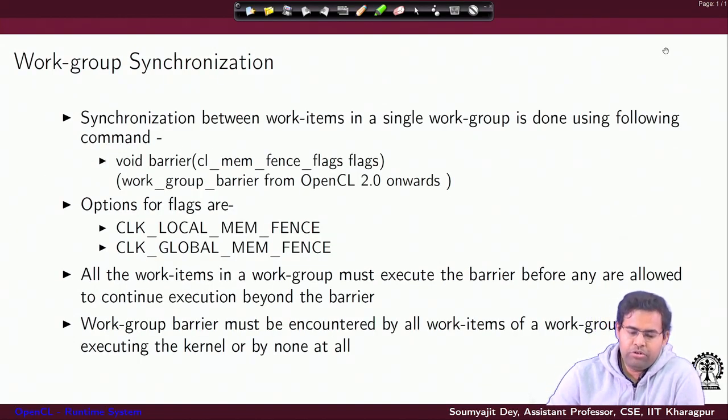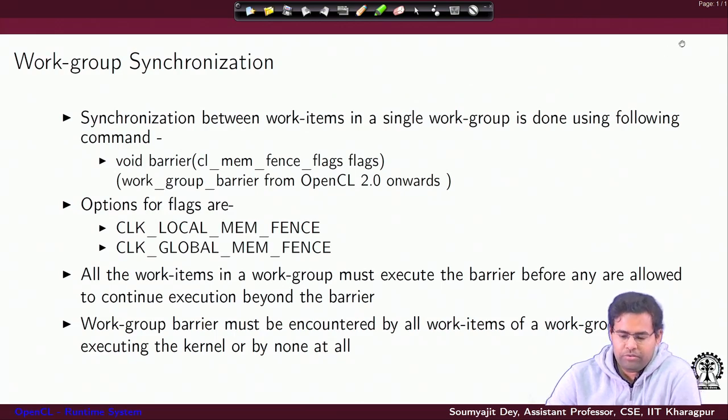So, let us first move into the idea of work group synchronization. This is essentially about synchronization between work items as we discussed inside a single work group.